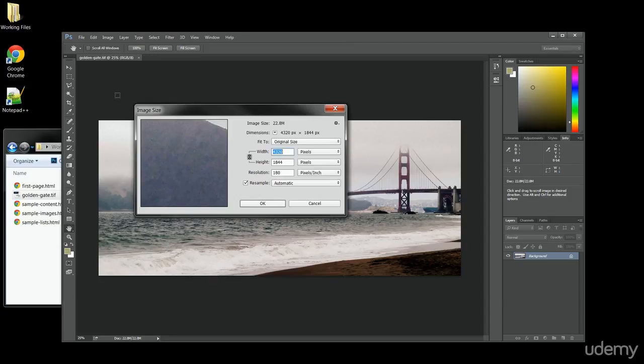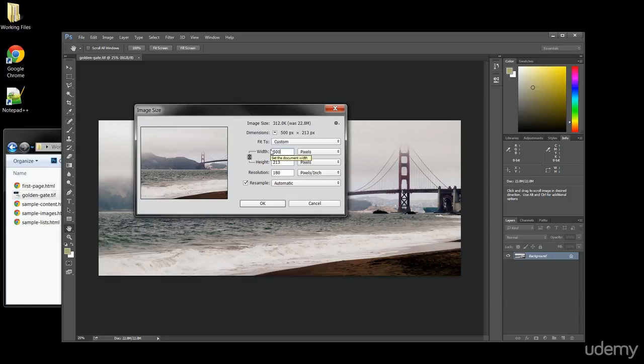Now whatever program you're using, make sure the image is measured using pixels. Since we're not printing, inches and centimeters will be useless for us. You can see that this image currently is over 4,000 pixels wide, which is far too big for our page. So I'll just start by changing the width to 500 pixels. Most every program will let you keep the same aspect ratio for an image, so Photoshop will figure out the height for me. I'll just click OK,